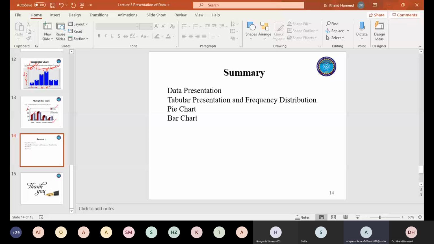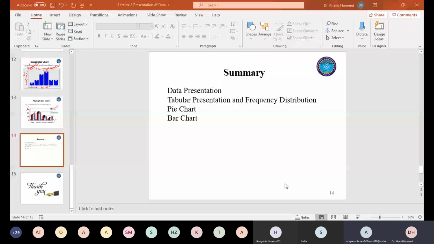Sir, I have a question from the previous lecture. I asked when the lecture started, but maybe you didn't hear it. Okay, please. The question is that in our previous lecture we studied the grouped frequency distribution, and its definition was that the class should be more than 1 unit in width. Does that mean that it cannot have just one number like 5 or 4, but it can have values starting from 5 to 6? Did I get it right?